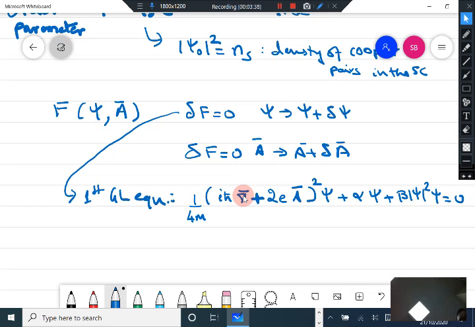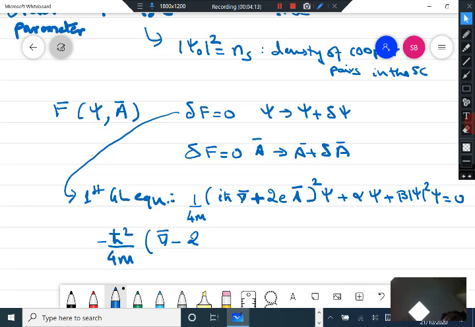So this is essentially the kinetic energy, p square by 2m, where the canonical momentum is p minus eA by c, where the charge is now 2e. So this will basically give you your first GL equation, and you can rewrite this as minus h cross square by 4m